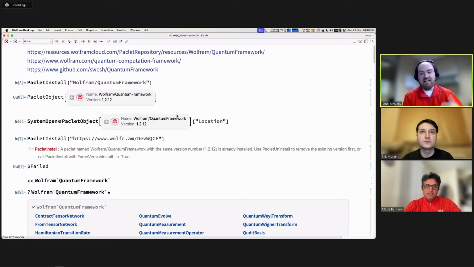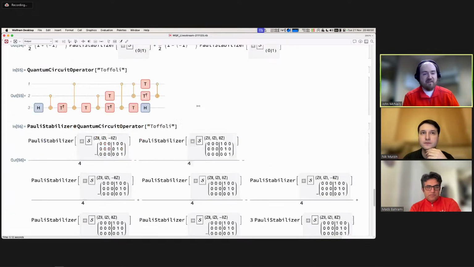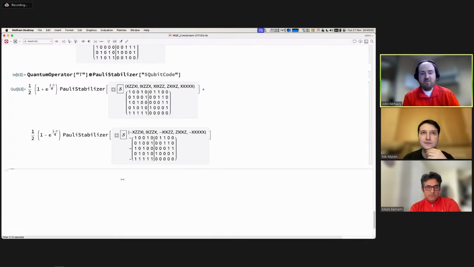So let's say that you're thinking about working with the stabilizer formalism. This idea of superposition of stabilizers is something that's interesting. If you want to directly collaborate, feel free to reach out via those channels, and that could be the start of